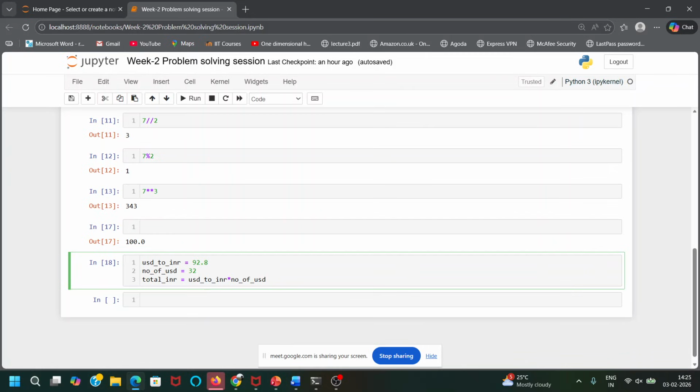Does anybody have any idea how you will get it?